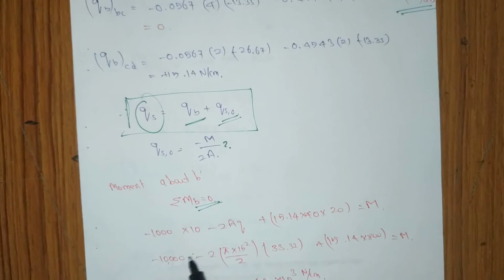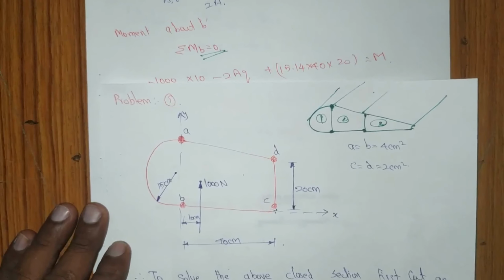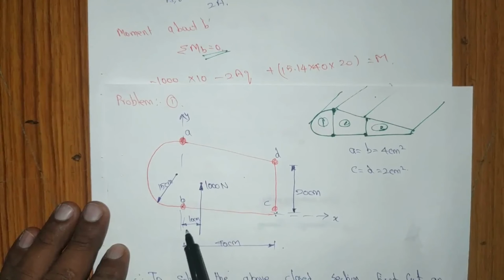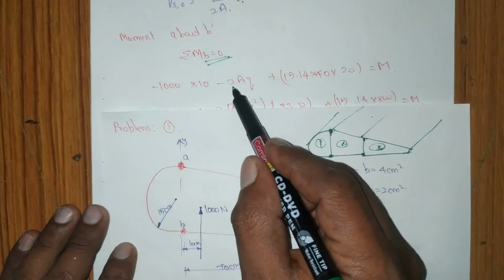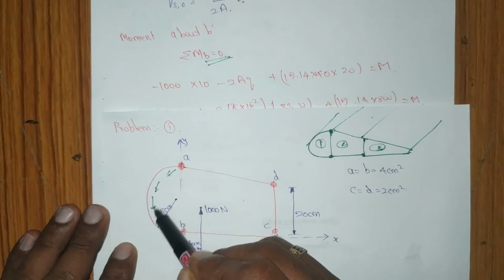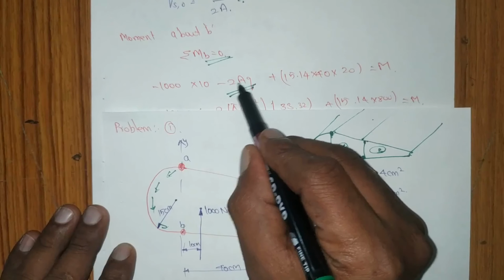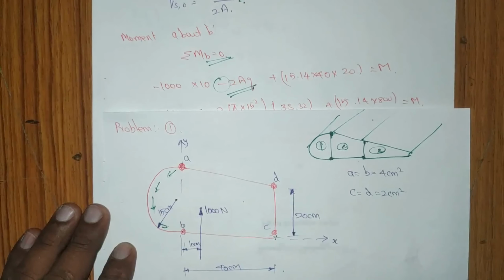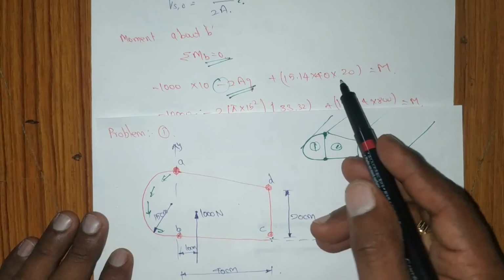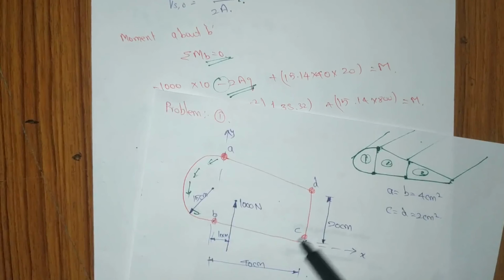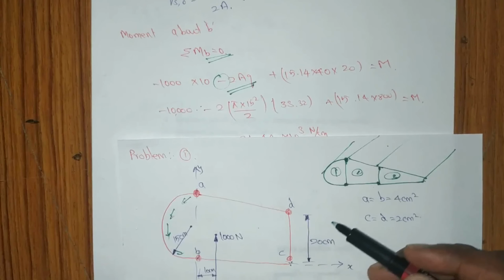Find the M value. That means 1000 into 10, that is the moment, right? From this diagram I will explain clearly. So we have 1000 into 10, which is anti-clockwise, so I am putting minus. And the shear flow of this diagram, A to B, we solved already. I already told you, for the curved web, the formula is 2AQ, and that is what I am using. This minus indicates it is anticlockwise, right? And again this is for the 15 point, and C to D is a minus value we are getting.